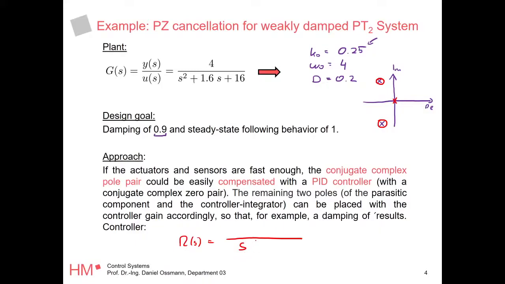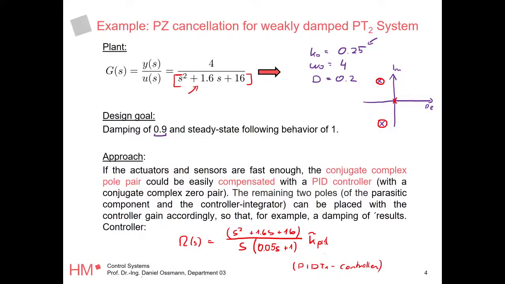And then to cancel this guy here, we simply take this one and plug it in the numerator. So S squared plus 1.6 S plus 16. So this term of the controller cancels it. We still have a controller gain as a free parameter. And this PID controller is not causal, right? So we need to consider a parasitic delay and we're going to put it to a pole of minus 20, 0.05 S plus 1, right? So this is basically a PID T1 controller,